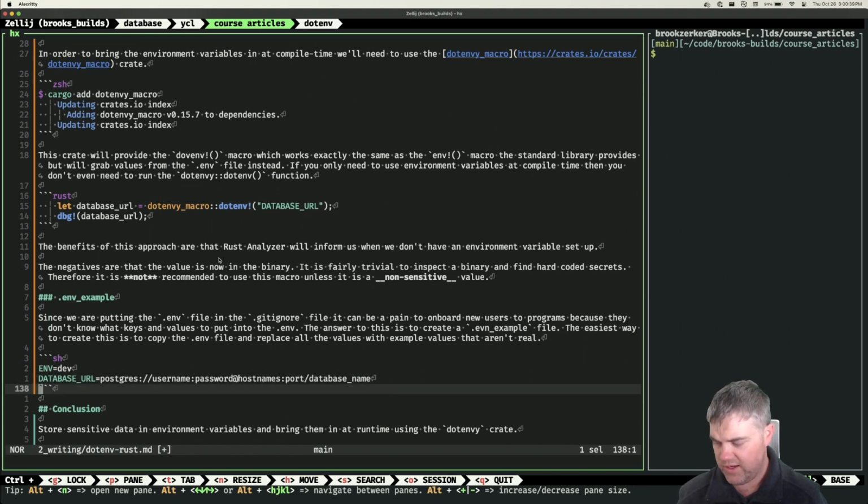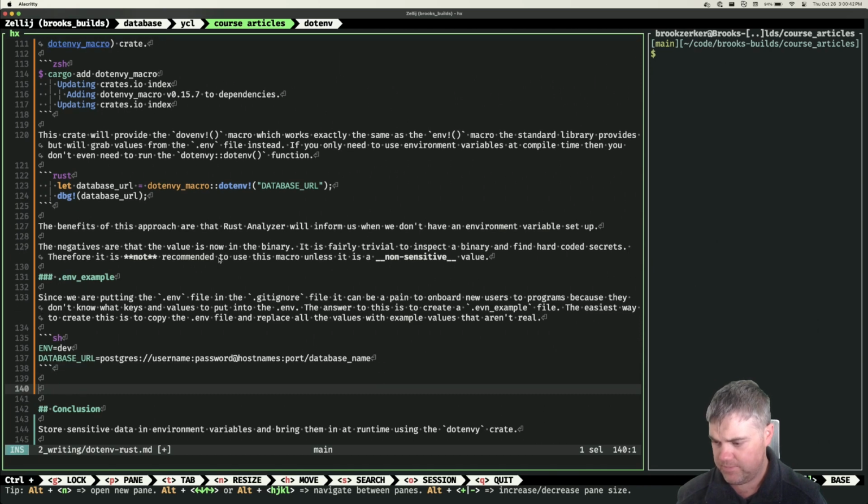Okay, so there we have that. I don't think I need to put, so let's see, easiest way to create, just copy the .env file and replace all the, okay, so,